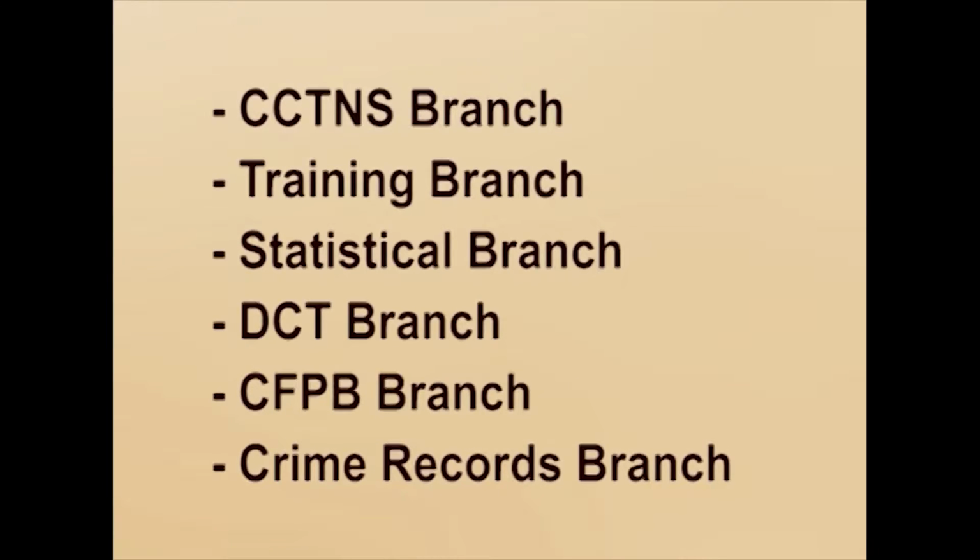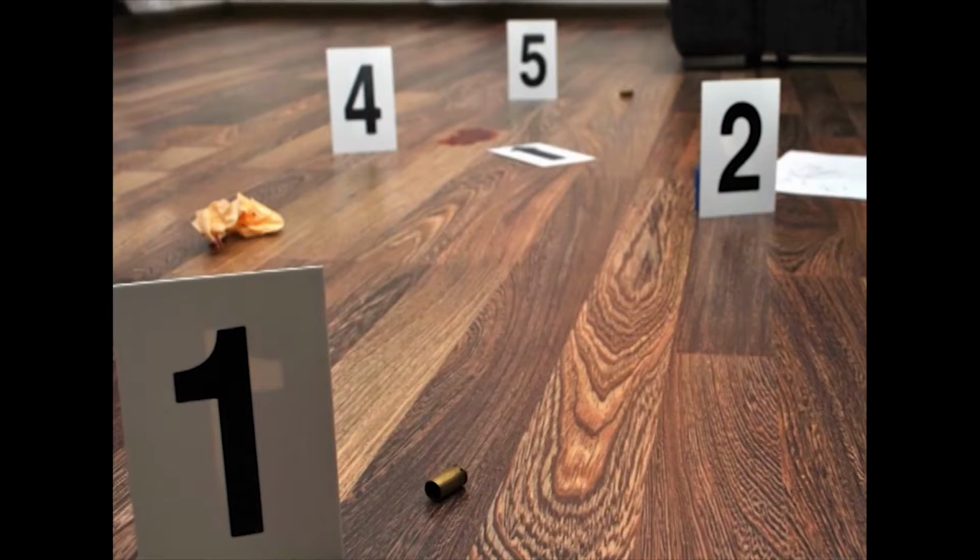CCTNS branch, Training branch, Statistical branch, DCT branch, CFPB branch, Crime Records branch. CCTNS branch. CCTNS stands for Crime and Criminal Tracking Network and Systems. CCTNS adopted the principle of e-governance. It aims at creating a comprehensive and integrated system for enhancing the efficiency and effectiveness of policing. For investigation of crime and detection of criminals, it creates a nationwide networking infrastructure for evolution of tracking system around all the